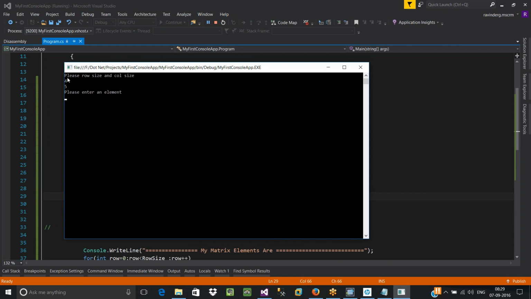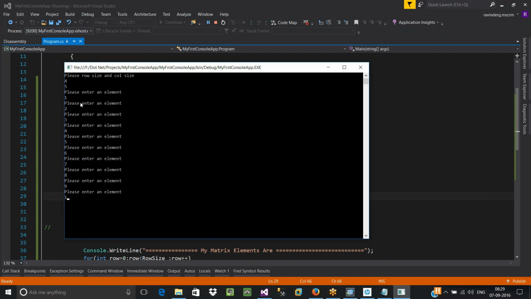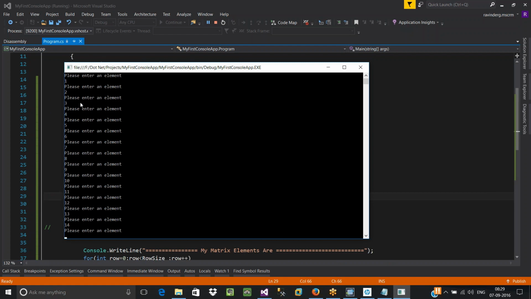It will ask you to enter 4 into 5, 20 elements. See, 1, 2, 3, 4, 5, 6, 7, 8, 9, 10, 11, 12, 13, 14, 15, 16, 17, 18, 19, 20. See, you can see 4 rows and 5 columns. All your 20 elements are arranged in 4 rows and 5 columns.